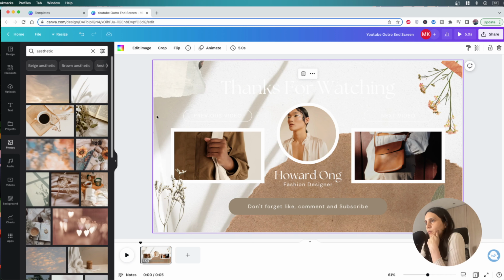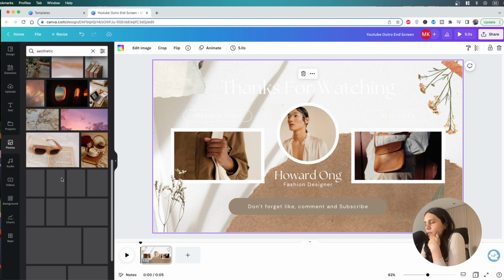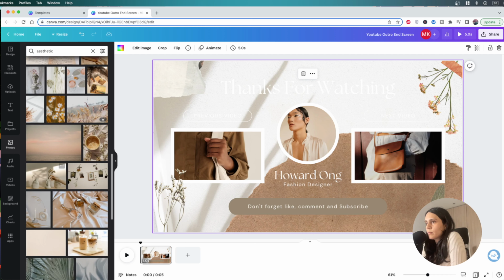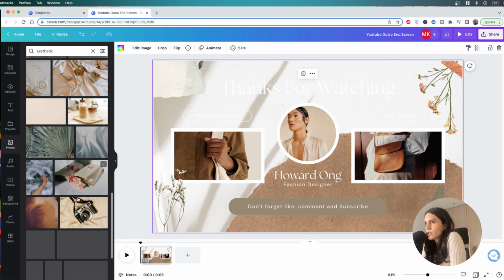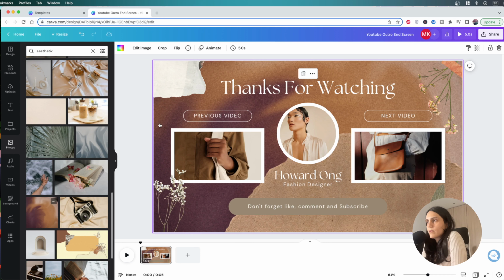Yeah, of course, we need to adjust the contrast between the background and the text, but I'm just trying to discover what could be nice for this design. So I'll just go ahead and play around with a couple of these photos, these backgrounds. I like this one too. It has a more sort of nature vibe. Maybe this one. So if you want to add a photo to your background, all you need to do is, as you can see, select one, click and drag,